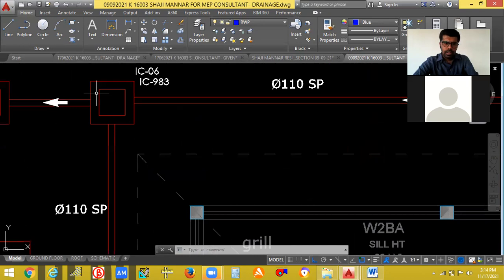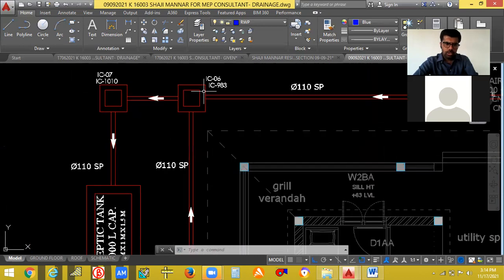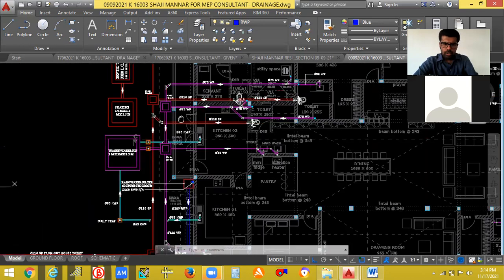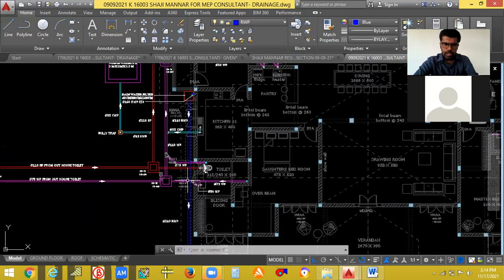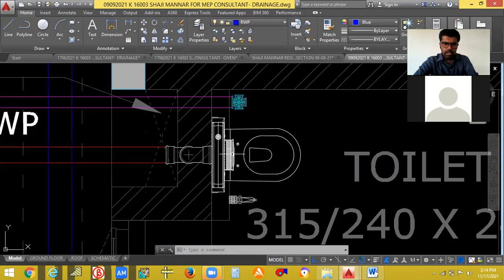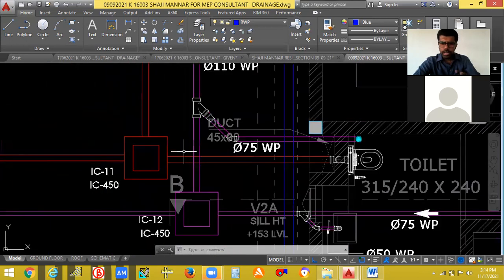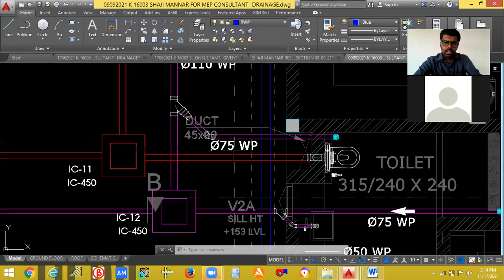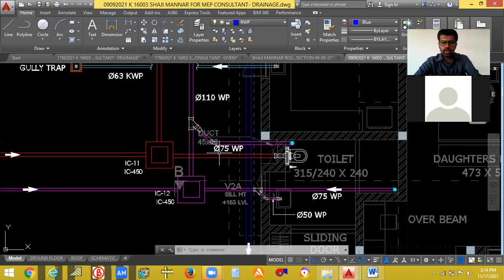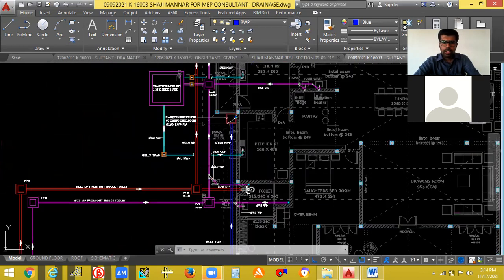Okay, so it is reaching here, and again it is reaching to the septic tank. So here also the same way. You can see. Okay, the pipe connection is being taken. You have to give the dimension of it, diameter of the pipes, all those things you have to do. Okay, this region here.